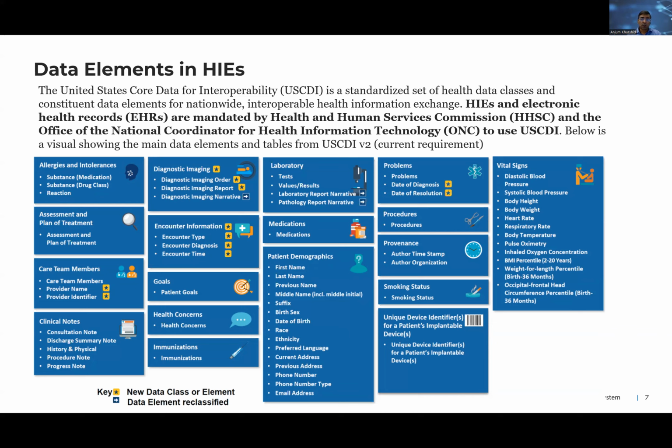It is continually updated, and as the federal government and the industry identifies needs for additional data to be added to this core data set, those are then defined, and there is a whole process federally of approving those as a requirement for certification. So just for your information, currently we are in version 2, but there is a version 3 that has already been approved, which will be applicable from 2026. And there is a version 5 actually in discussion, which has 16 other categories of data that will be included in order to enrich this data set.